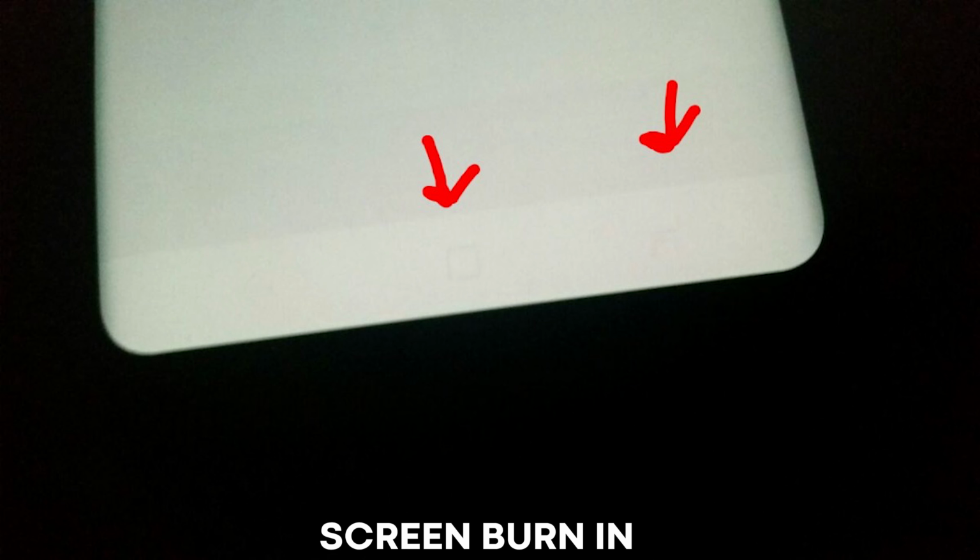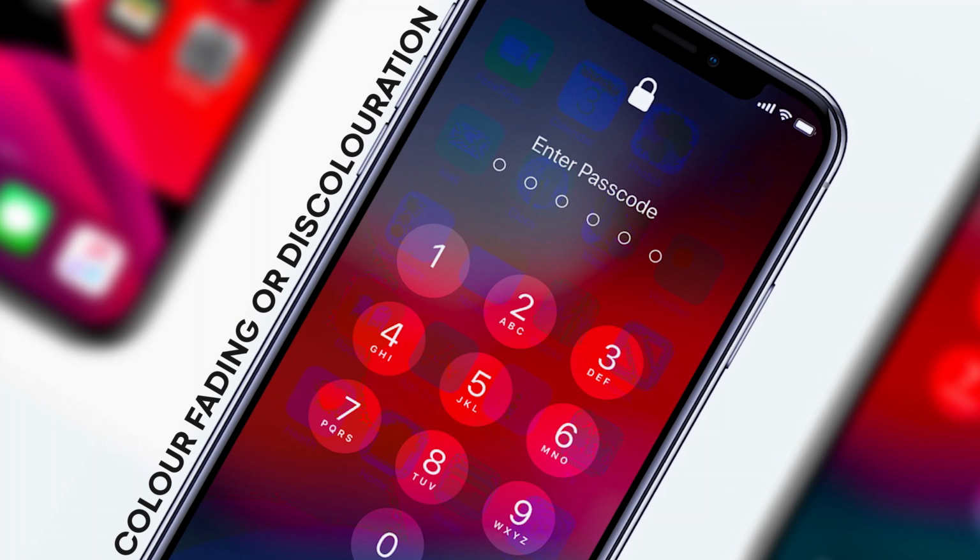Now what is screen burn-in? The name burn-in is a little misleading, as there is no actual burning or heat involved. Burn-in means permanent discoloration, that is, color fading across any part of the panel. It happens because as these parts age, the brightness changes, and therefore the panel's color reproduction gradually shifts with time.